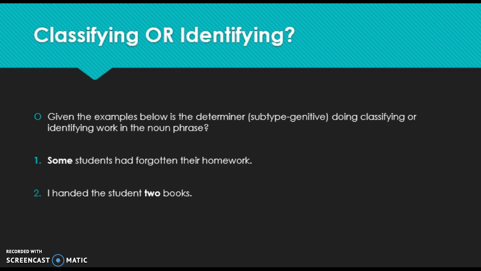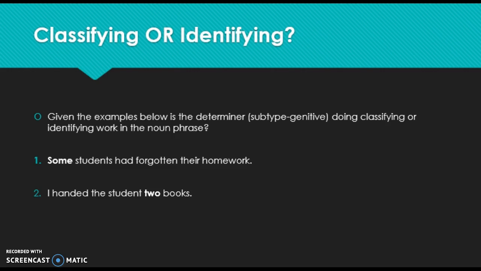Another question is, if you had to replace the prototypical determiner, an article, would you replace it more with the indefinite or the definite? Now this is tricky, because the indefinite doesn't work with plurals, as we know. So is it more unspecified, like "students had forgotten their homework," or is it more like "the students had forgotten their homework?" To me, this is more classifying, because in one, if I told you I was complaining in the